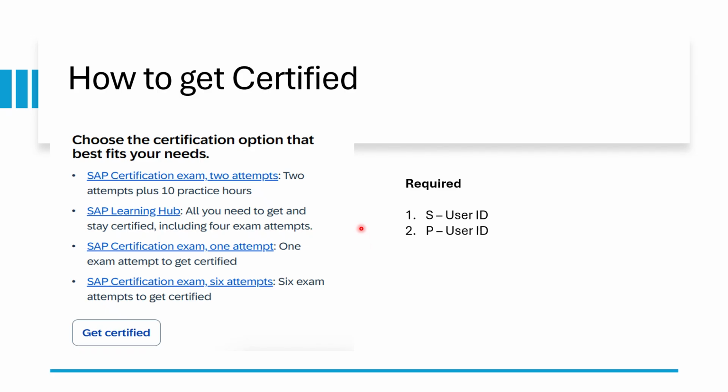Now for students, there is one more program where you can create this P user ID with your university email ID. Like if you are learning in any well-known university, and some universities are also partners with SAP, because they have study programs related to SAP tools. Then you can log in and create your account with your university email ID. You will get a student subscription. In that student subscription, you get 2 attempts free of cost. You don't have to pay anything. This is specifically for students.